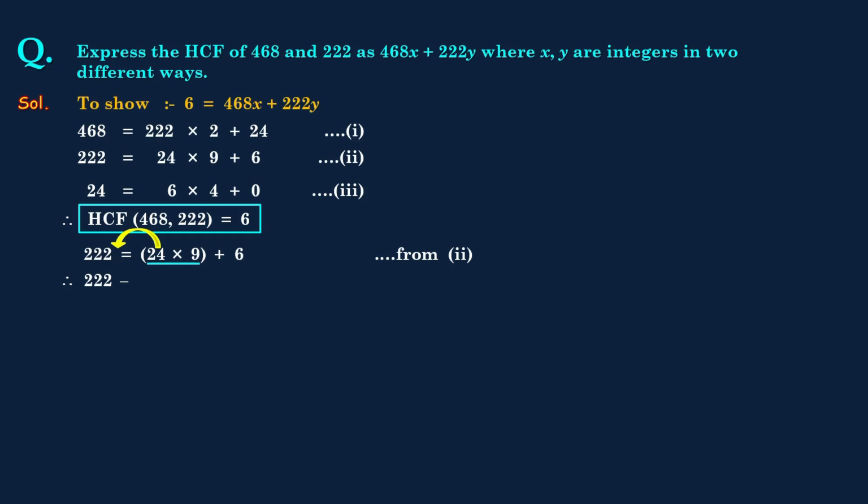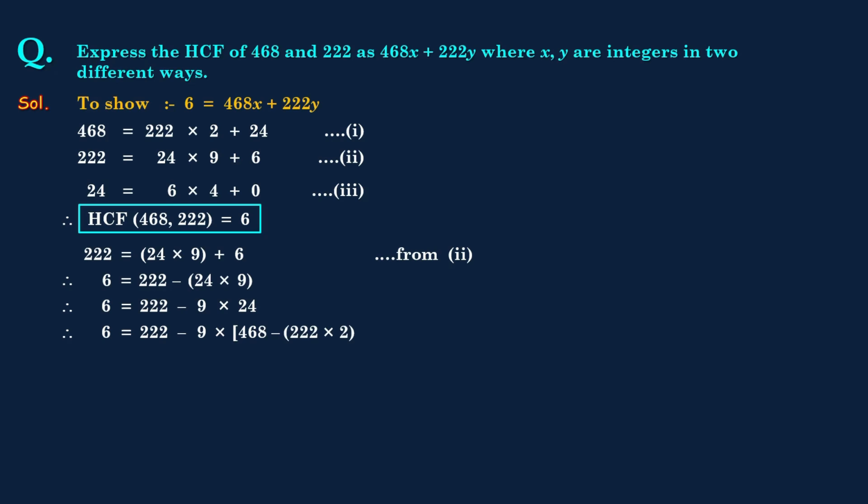So now 222, if we put it on the other side of the equal sign, then 222 minus 24 into 9 is equal to 6. So what we got, 6 equal to 222 minus 24 into 9. So that is 6 equal to 222 minus 9 into 24, we can alternately write it. So 6 equal to 222 minus, now 24 we can write it as, if you take from the equation 1,